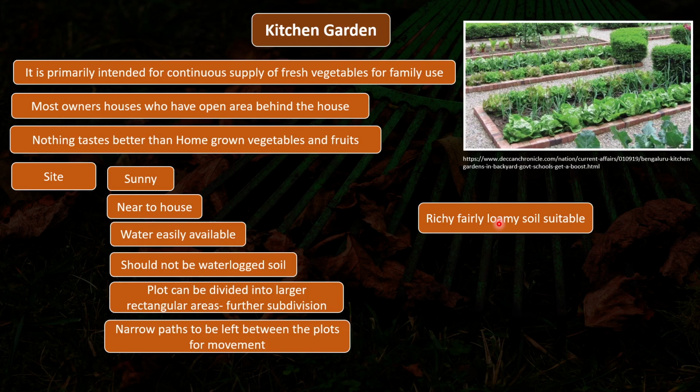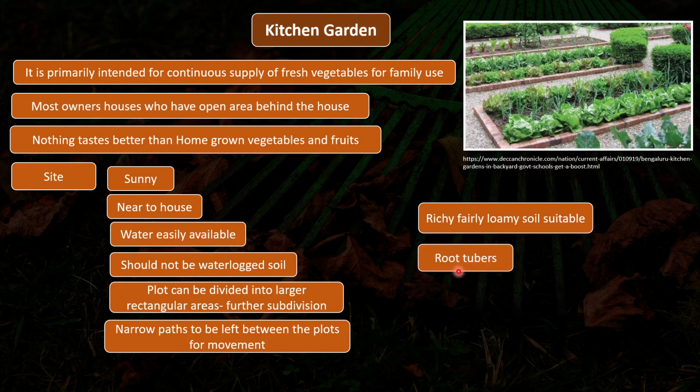If you want to understand more about soil particles, what is sand, silt and clay, since that is also a big topic, you can go back to my lecture where I have explained about soil composition. I'll put up the link below in the description box, so that if you want to understand about soil mixture, you can understand from there very clearly. So for now you can understand that loamy soil is something that is a combination of sand, silt and clay.